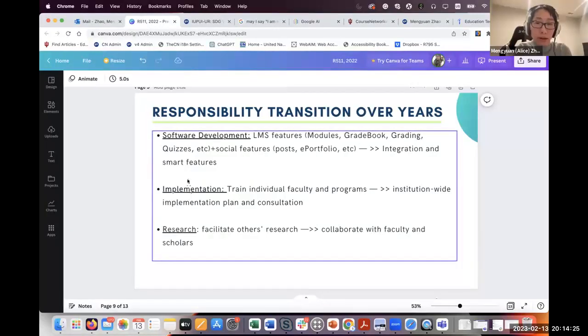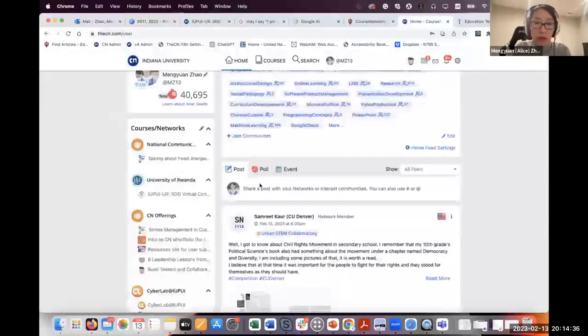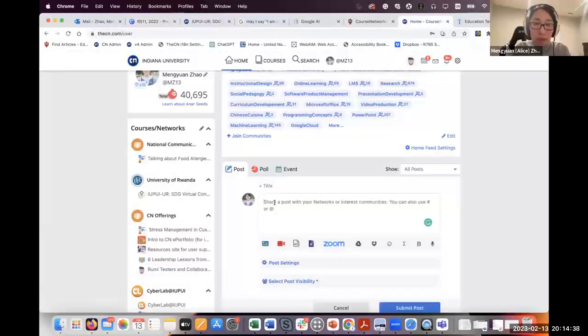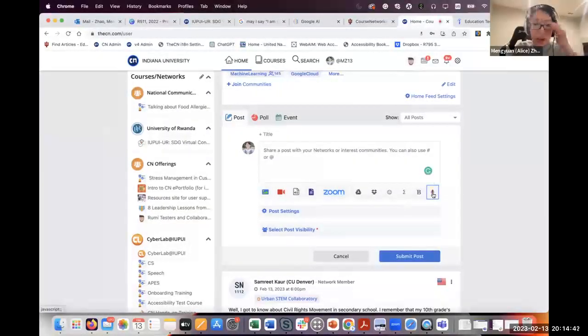And smart learning features, that's the AI part. Just recently, we developed a feature based on voice recognition. So when learners input a post content, or a reflection, they can click on this tool and then they just talk. You can see the voice recognition here, recognize what I'm saying and type it out.